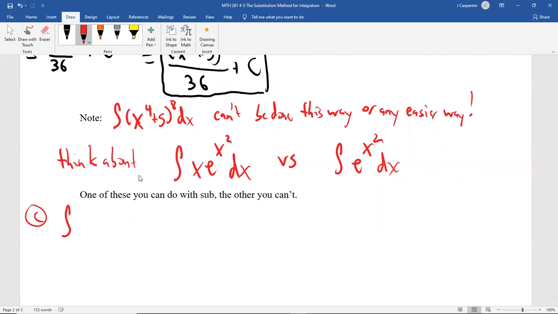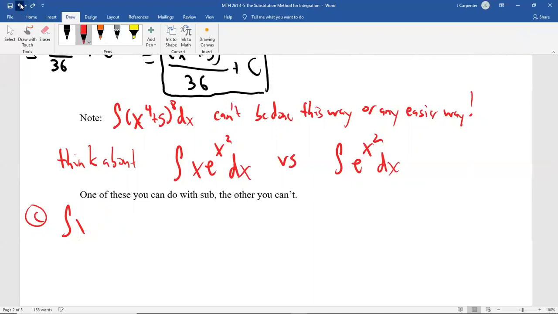So the integral of x e to the x squared dx. And I pointed out last time, the x could be behind it. This would be the same thing as if the x, instead of being in the front, was behind it. So you've got what feels like a product rule, so we probably need to say let u equals,